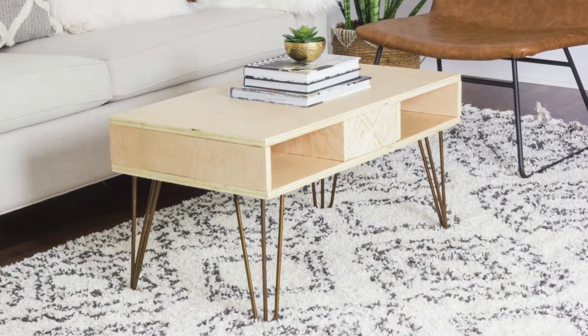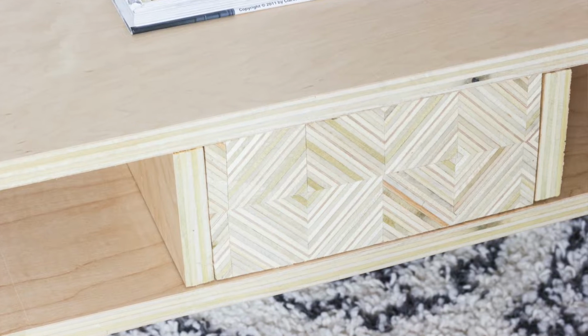Today I'm going to show you how I made this DIY plywood coffee table with patterned plywood panels that reveal